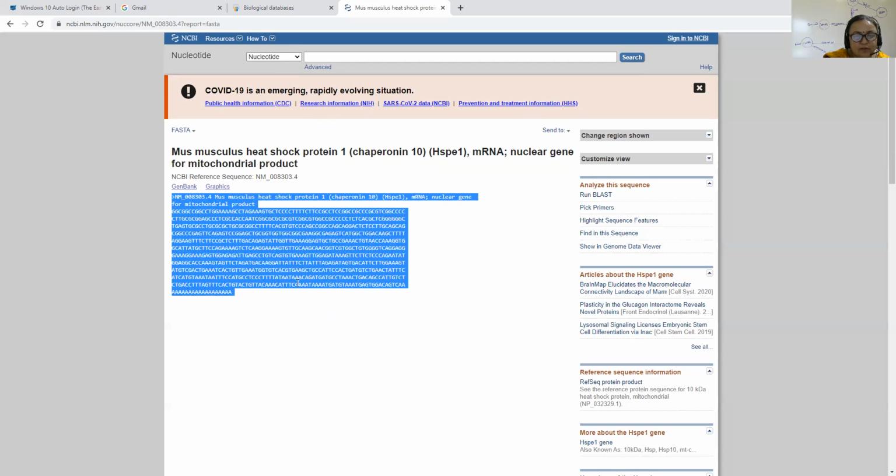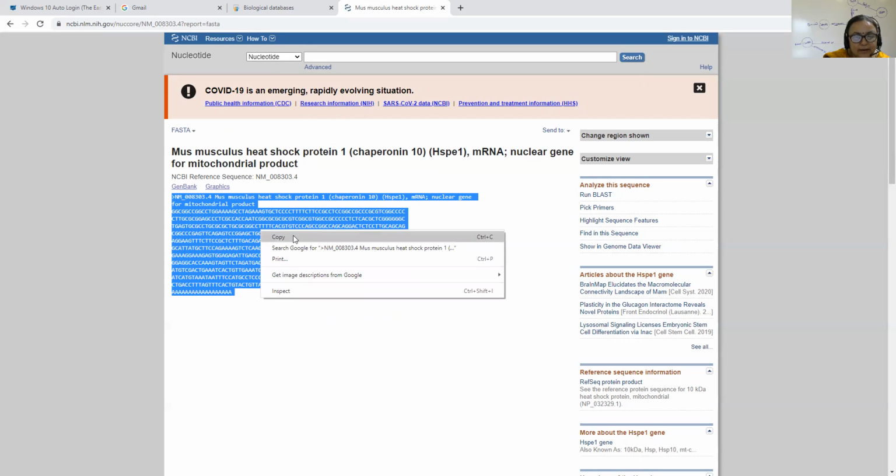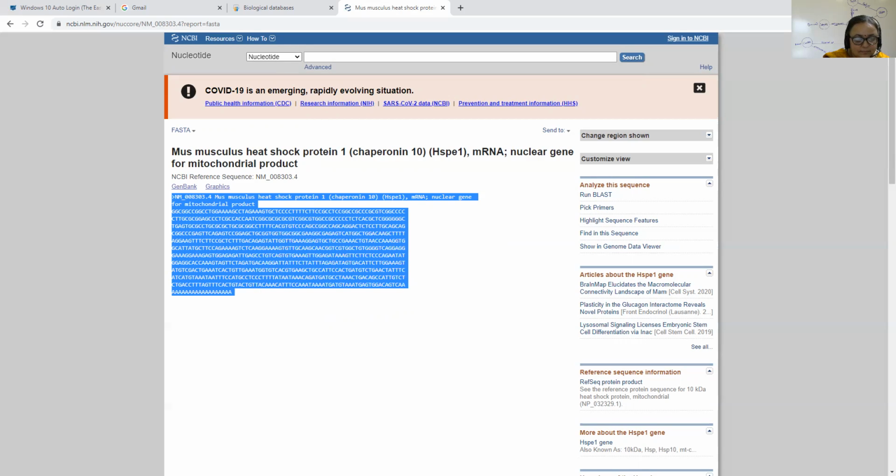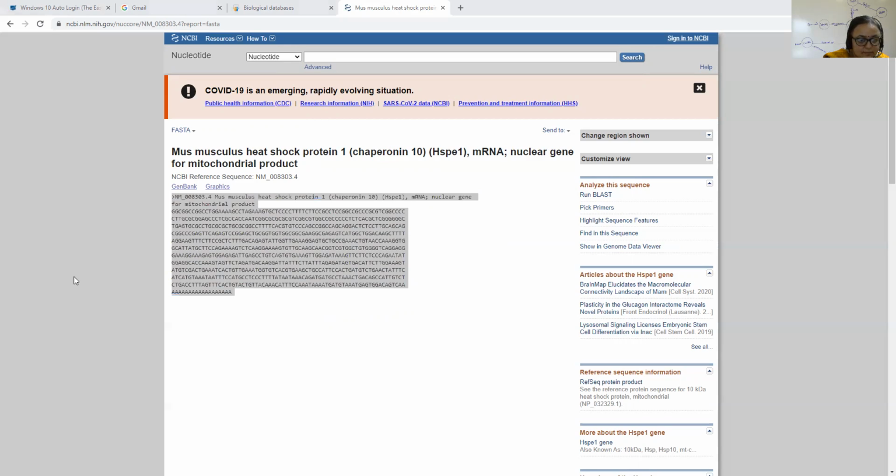This is in FASTA format, and this is the nucleotide sequence. Here we can copy and paste the sequence for further use.